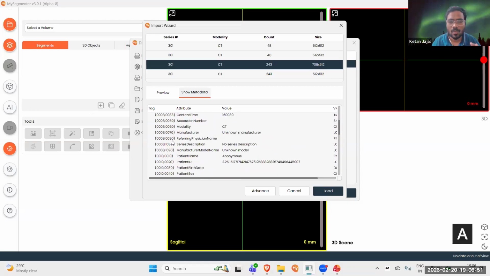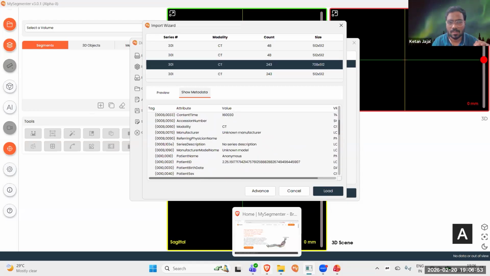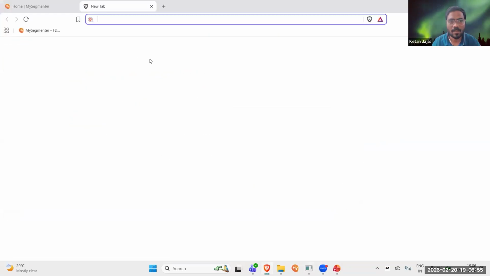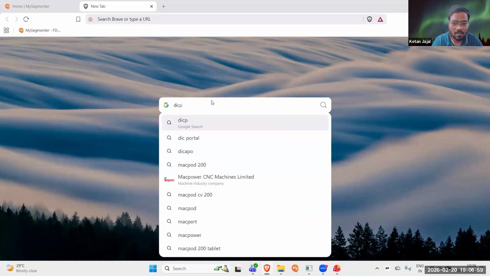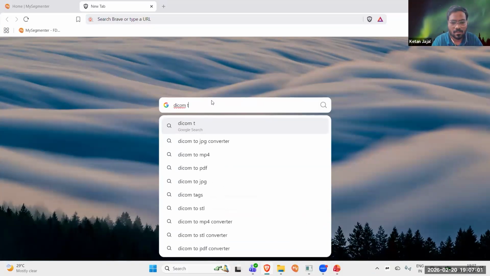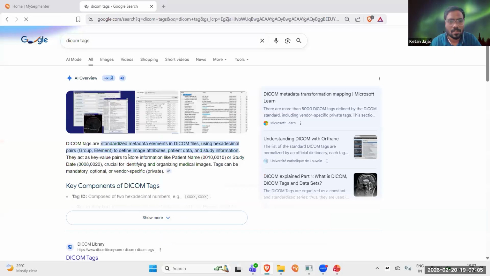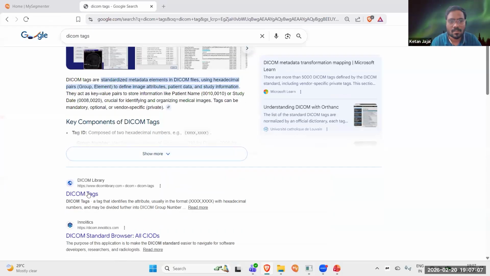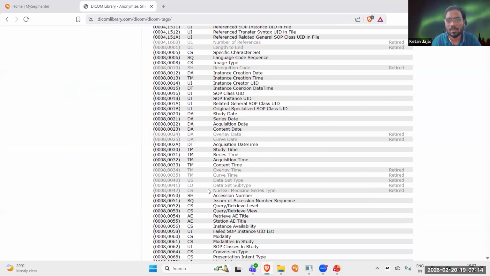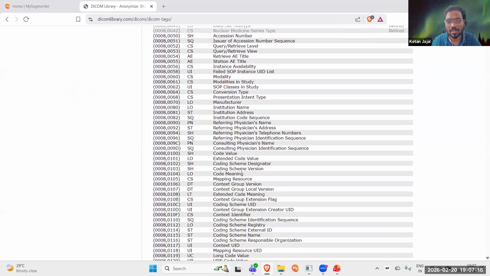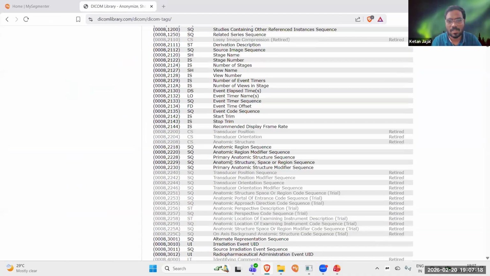And if you search with the DICOM tag information, DICOM tag here, then you will get all the DICOM tag information here. Whatever the DICOM tag you wanted to see specific information. So these are the